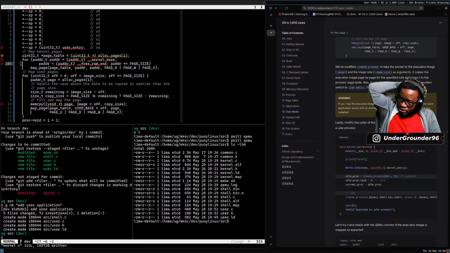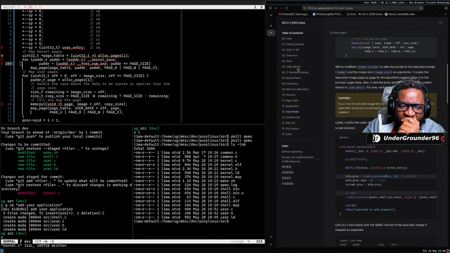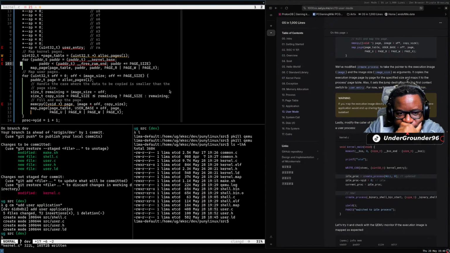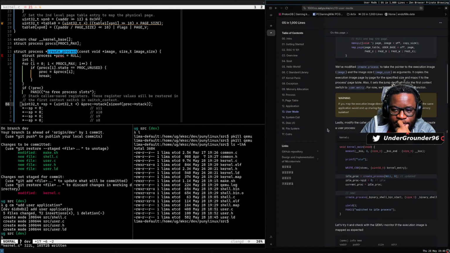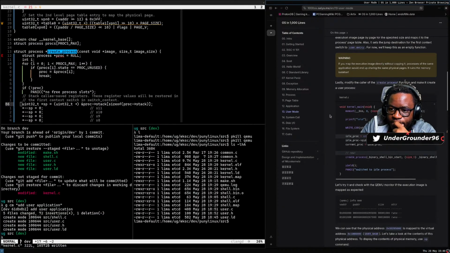For the first context, for now we'll keep it as an empty function. Since we're keeping this as an empty function, can't it just panic on the other ones as well? I'm thinking now. Maybe that's better than an infinite loop. But whatever, warning. If we map the execution directly without copying,